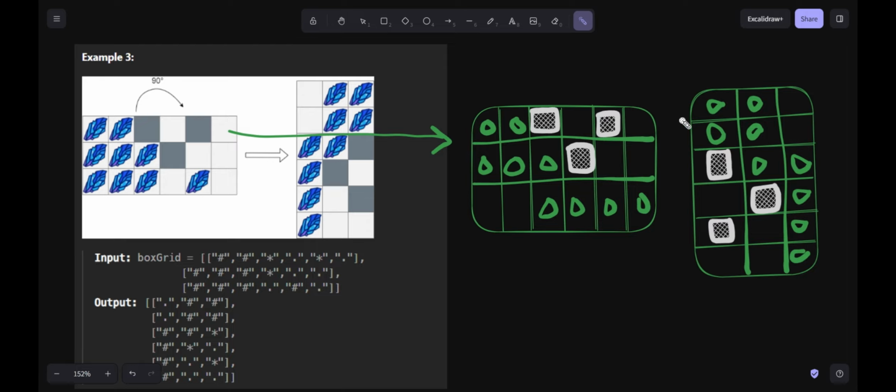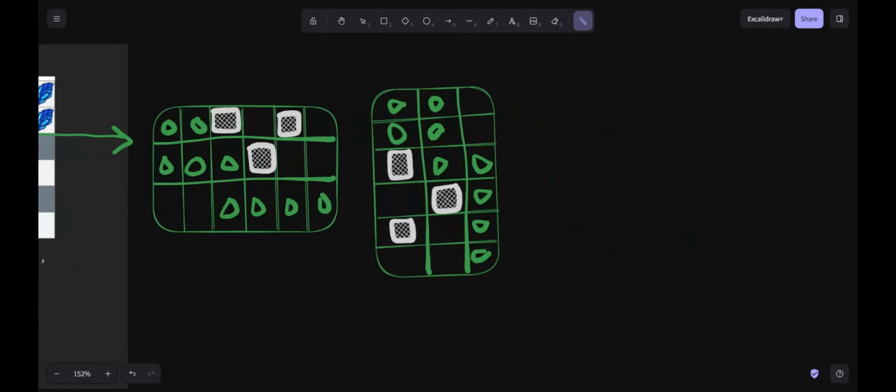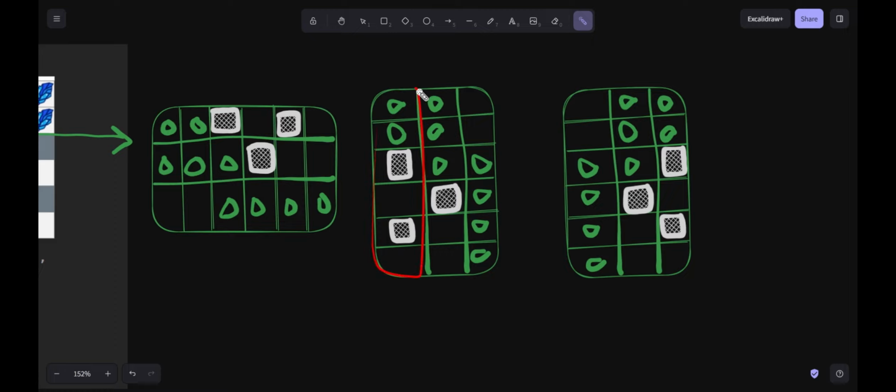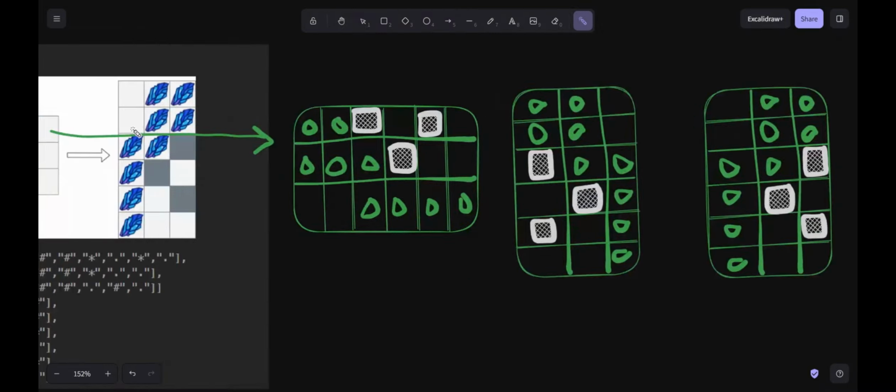So I'll have to impose that and make sure that I swap my jth column with the n minus j minus 1th column, right? Because I know what's the difference between these two. This column is actually here, right? All the columns are in reverse. So I'll simply do a swap. The zeroth column now will become the second column, and the last column is actually at the zeroth column, and this is our answer.